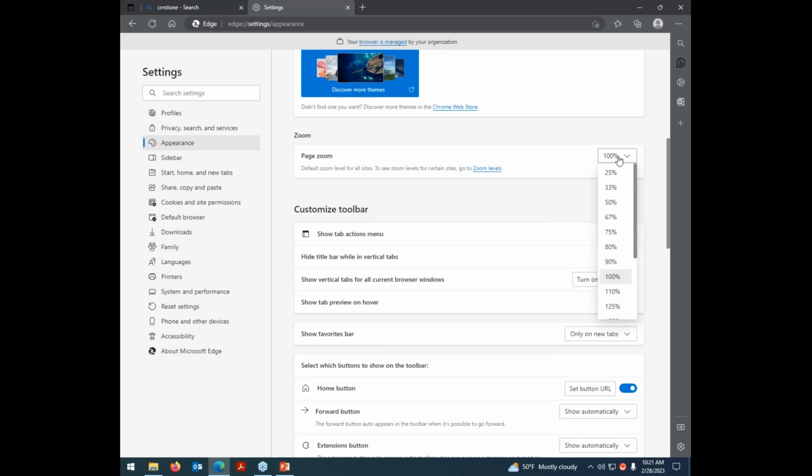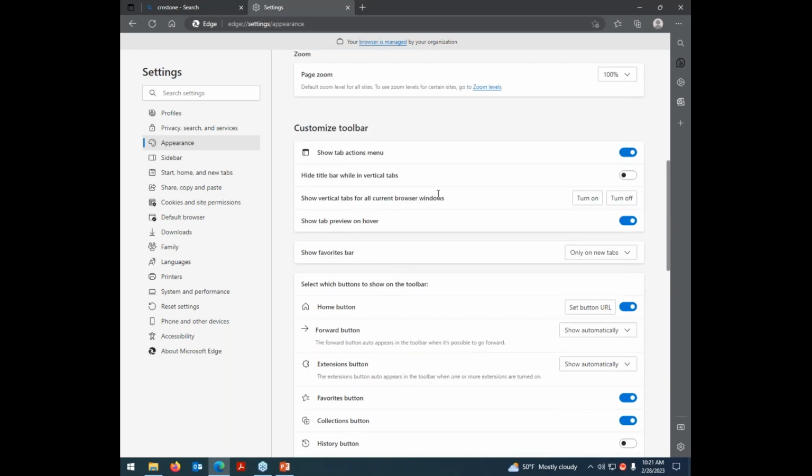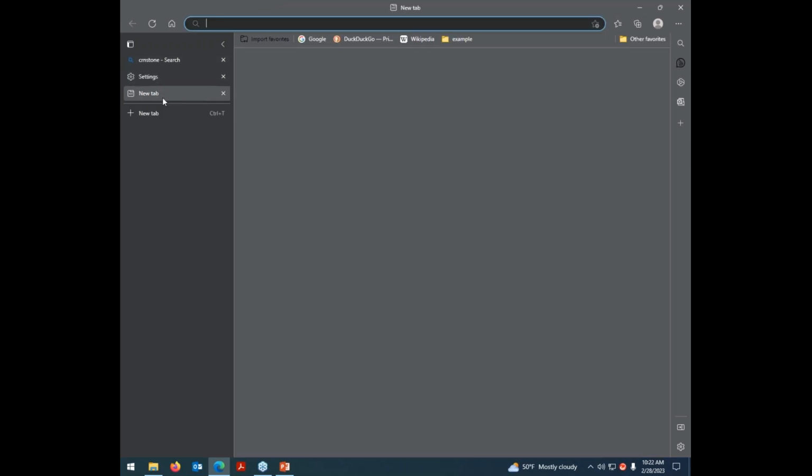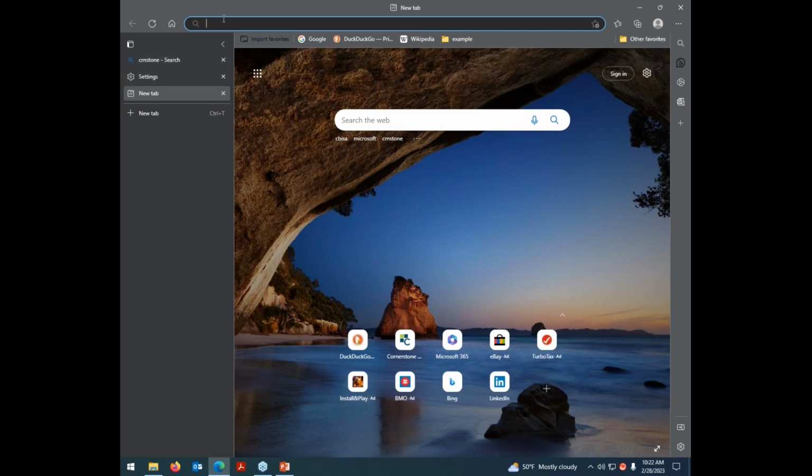You can also directly control your zoom levels from Appearance, as well as showing vertical tabs for current browser windows if you wanted. I'm going to hit turn on just to kind of show you what it means. But what it means is all of your tabs can be displayed right over here instead of at the top